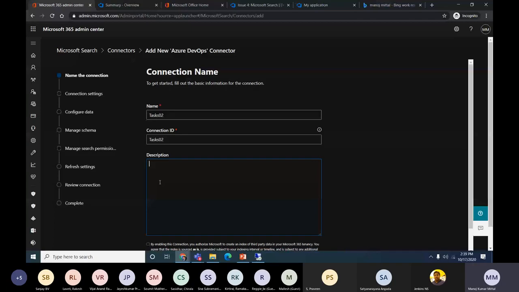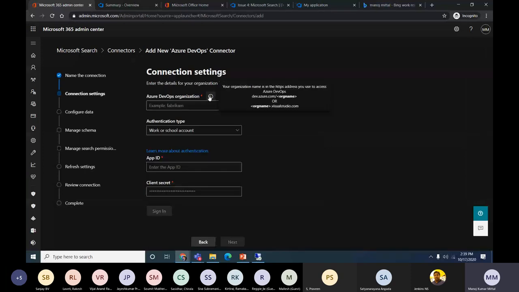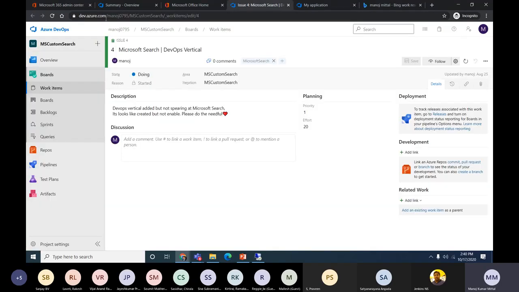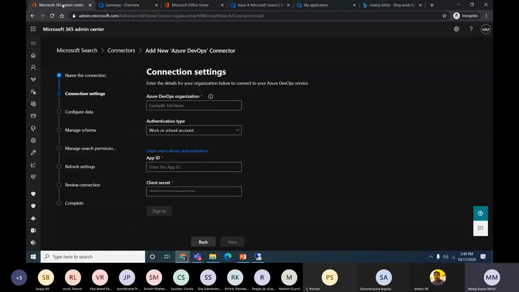It starts processing. Now it will ask for the Azure DevOps organization's name. If we click here, what is my organization name in DevOps? The name appearing here is what we need to use for dev.azure.com. I need to log in with my organizational account, and we will get the organizational name here. So I have logged in, and this is my organization name, which I am using. I will take this section and put it here. For authentication, I will use my work or school account.